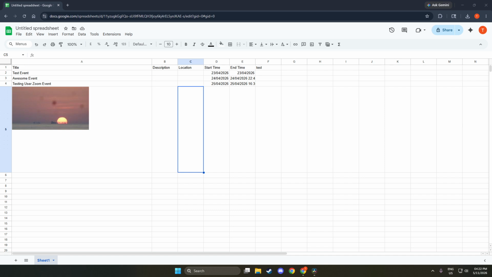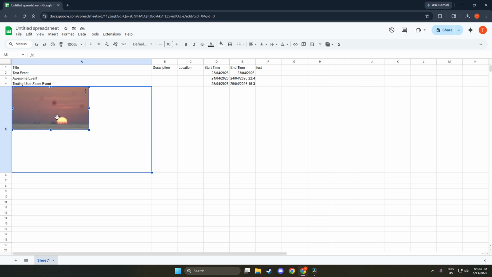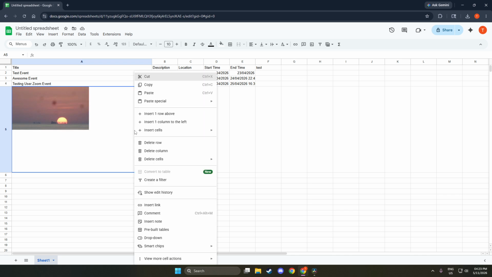Here's exactly what to do. Click the image to select it. When it's selected, you'll see a small toolbar or menu appear. Choose the option called Image in Cell. Make sure you pick Image in Cell, not Image over Cells. The moment you do this, the picture snaps into the cell and is treated like cell content. That's the entire move. Now, what changes after you switch to Image in Cell?